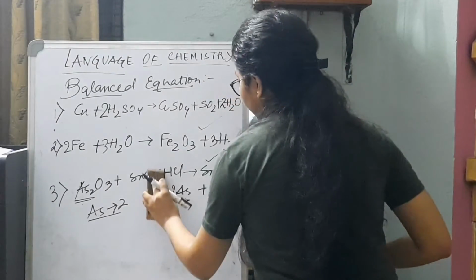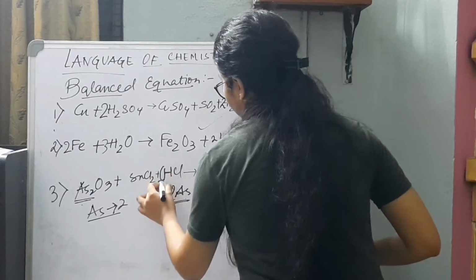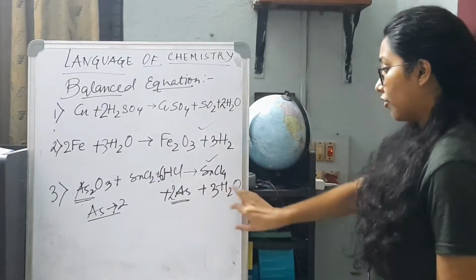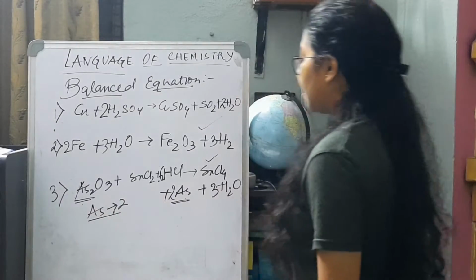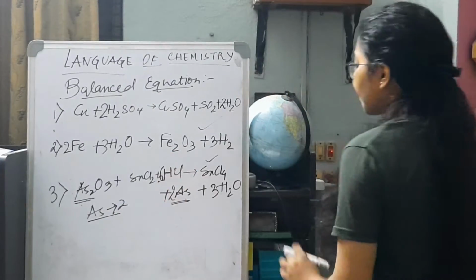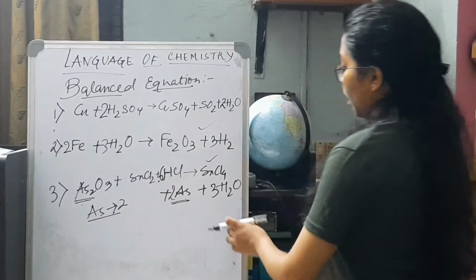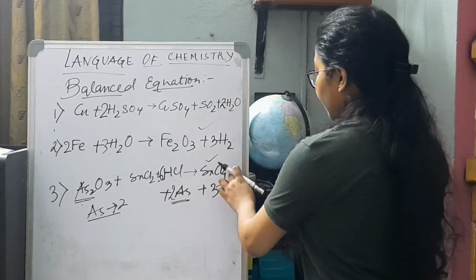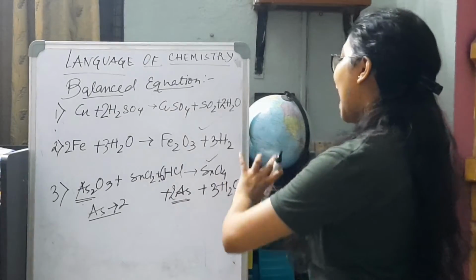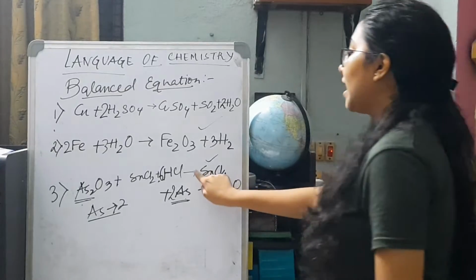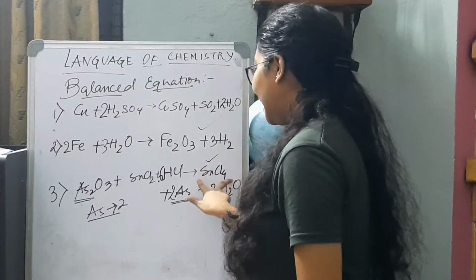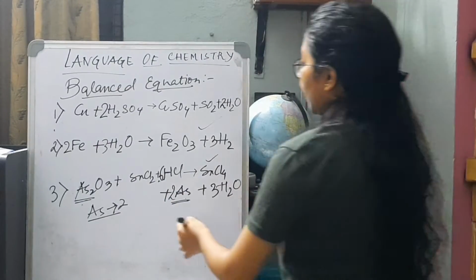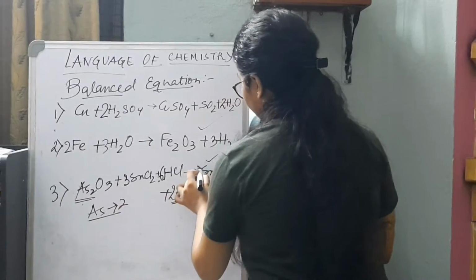So let's make this 6 hydrogen, so that hydrogen is equal on both sides, so that not just hydrogen but oxygen also remains the same. Now after 6 HCl, what do we observe? Chlorine on this side is 8 and on this side it is 4. So if I multiply it by 2, we see that it is 8 and this side is still not balanced. So if I now go for multiplying both sides by 3, what do I observe?